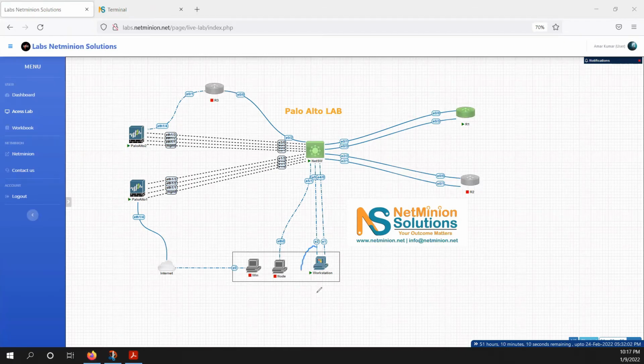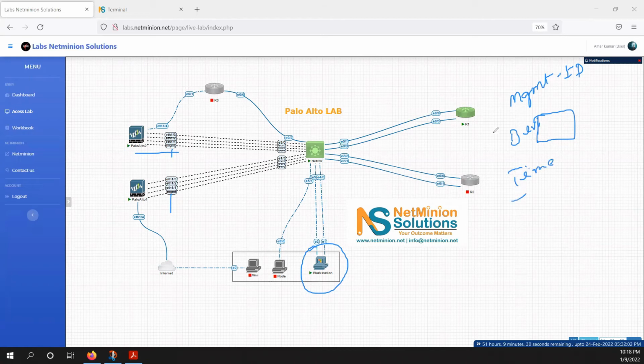So this is my workstation, right? Through this workstation, I would try to access my firewall management. And through this management, I would try to configure my firewall for first time configuration. So let's say you got an initial firewall, and you are required to configure it. So first of all, what would you configure? You would try to configure the management IP. That you would do in your initial configuration, device name, time, etc. You would also be configuring the login banner, etc. All these things you want to configure.